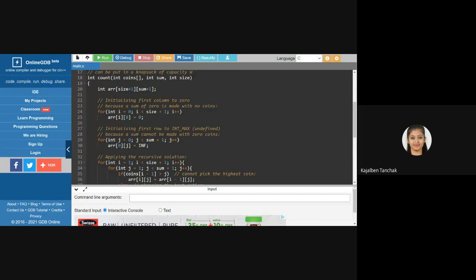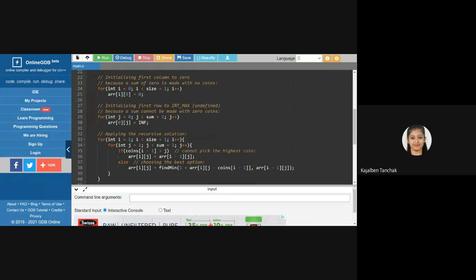Okay. So I will create this count function. The coins array will be given, sum will be given, and size of the coins will be given, right? The number of coins is how many coins are in the array that you pass. We will take one array of plus one size, as we are setting i equals 0, j equals 0. So we will take plus one size and sum. When i is starting from 0, then when the j value is 0, you will put 0. When the i value is 0, you will put infinity. Then i is going from 1 to size plus 1 and j is going from 1 to sum plus 1.